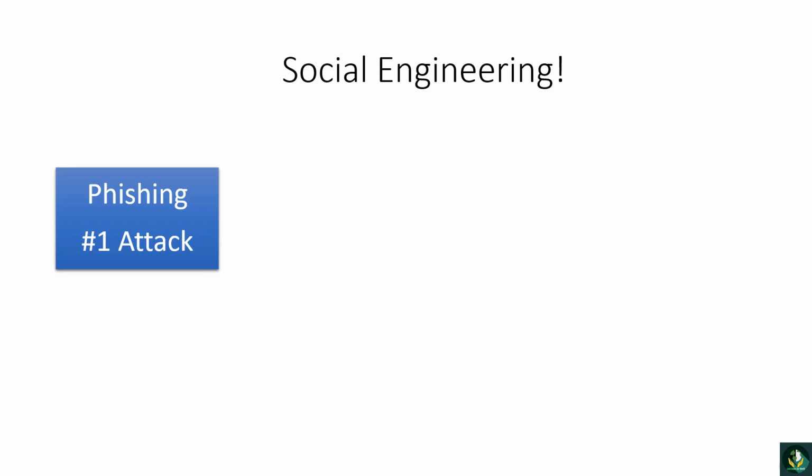The number one type of online social engineering attack is phishing, because it's the most prevalent and one of the most engaging. This is phishing with the PH. It's the number one attack because it's so easy to do with so many people. If you've ever gotten a phishing email before, it looks like it comes from someone official like your bank, your employer, your school, your friend, and maybe even a family member,